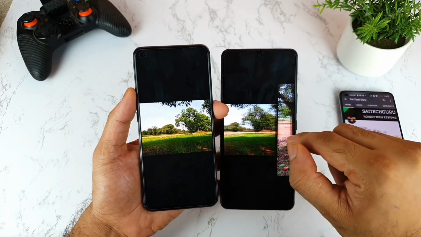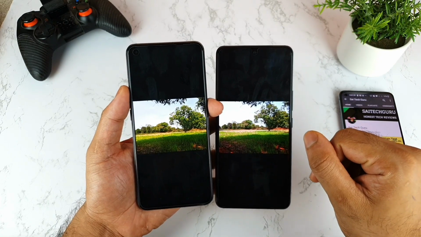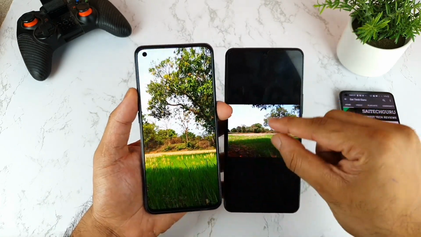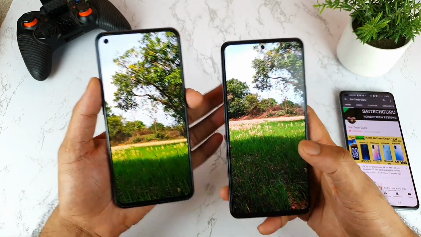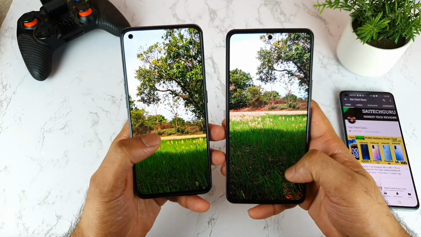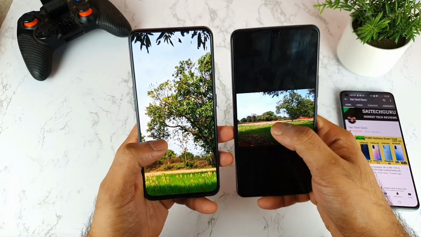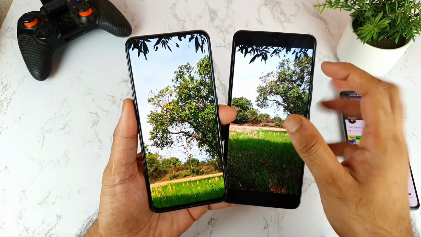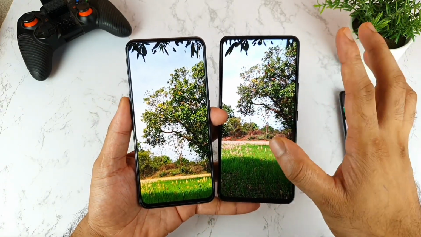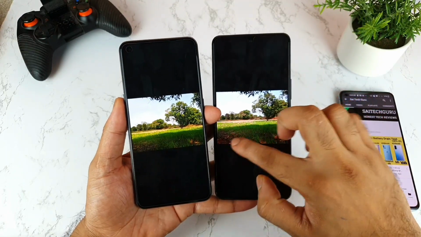So let me show you the next shot which is available here, as you can see. Even in this shot, slightly, as you can see, the difference between the grass which is present here and here in the IQ7 device, and here as well. Friends, if you observe closely, slightly. And I'm trying to use both phones at the maximum brightness level during this demonstration as well.